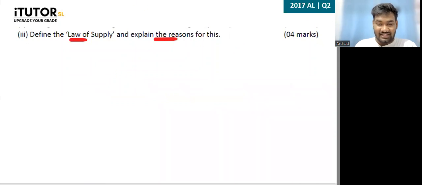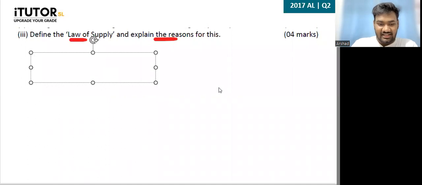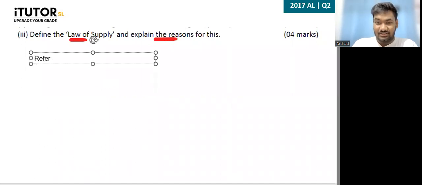Can someone give me the A-level question number, guys, so that I can type which one you can refer to? The 2 reasons. I remember I copied and pasted the note also. 2014, 13, 12, 11. Which question number? Anyone? I remember we did this last week. I remember I taught you all the law of increasing opportunity cost and the profit motive. Which year though? Where did we do the question? 2014? 2014 question number? Question 3, subsection